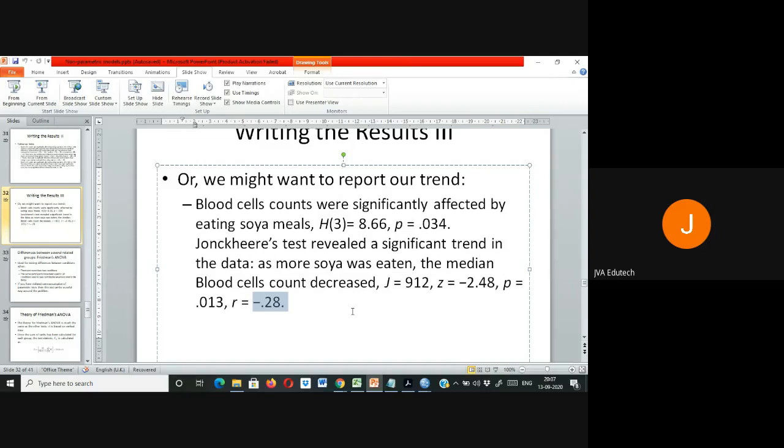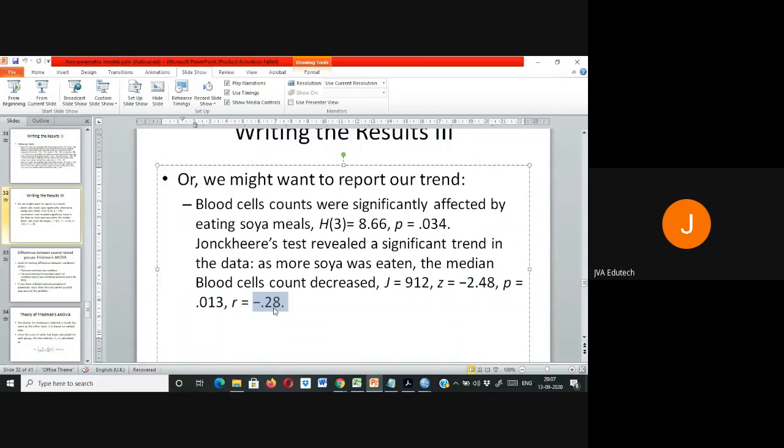It is not the case that if you eat more soya, your blood cell count will decrease very much. So eating 7 soya meals per week will decrease your blood count, but if you calculate the effect size, that decrease won't be very strong, right? Yes, sir. So it will be somewhere around 0.28 only. So you can write that yes,